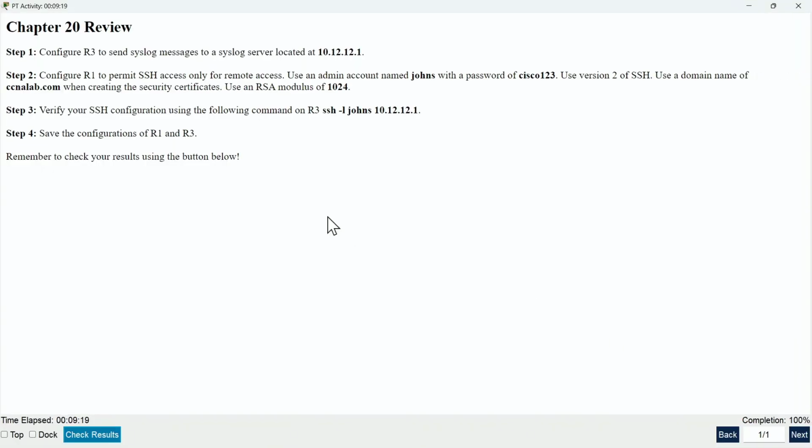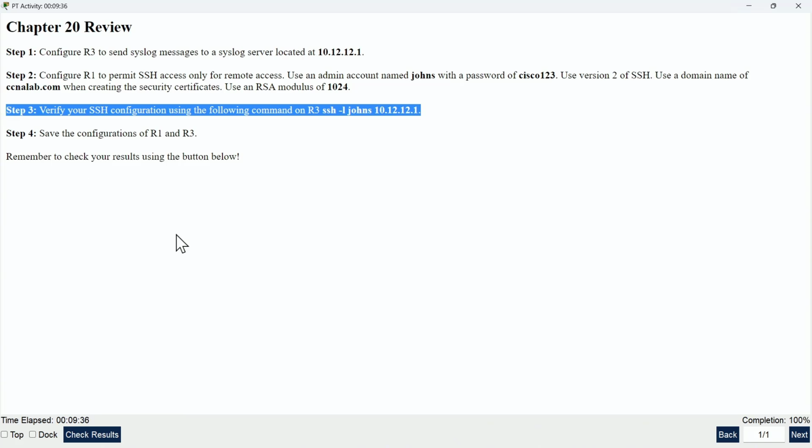Remember, in an exam environment, you will be reminded that you need to save your configurations for full credit. That'll be in the initial rules of the simulation activity. But one thing that might not have been given to us in an exam environment is to verify. We would certainly want to do a verification that SSH is working, as we did in this lab. I would highly recommend that, even if they don't ask you explicitly to do it, and there's a good chance